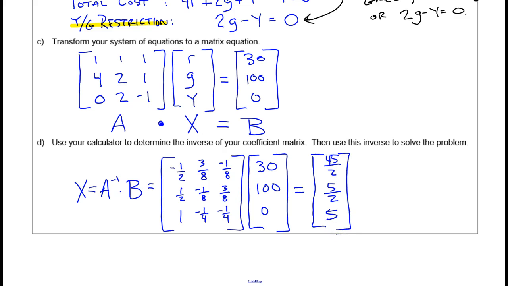Because this is an application problem, I would probably report each of these values as a decimal. This is going to be 22.5 pounds of red Skittles, 2.5 pounds of green, and finally